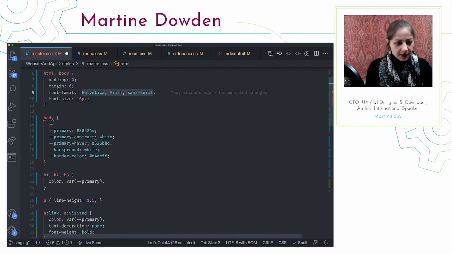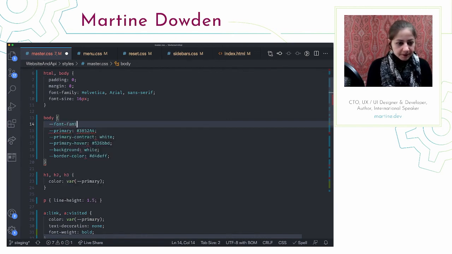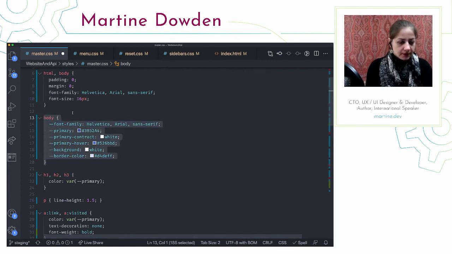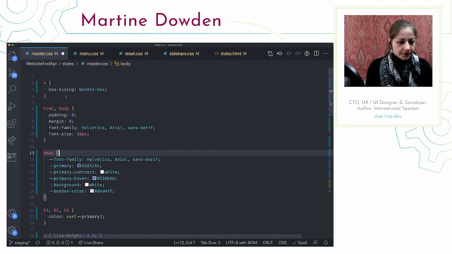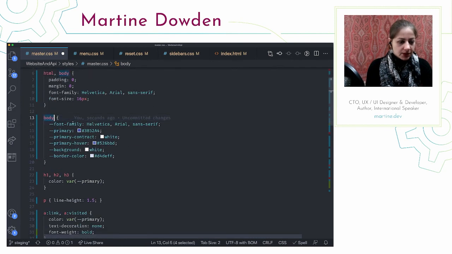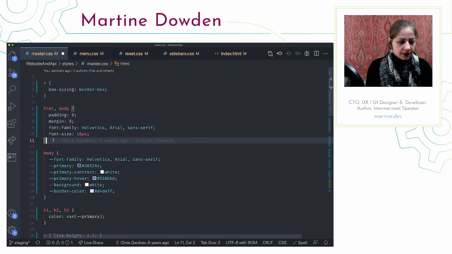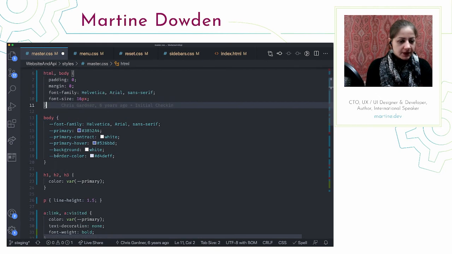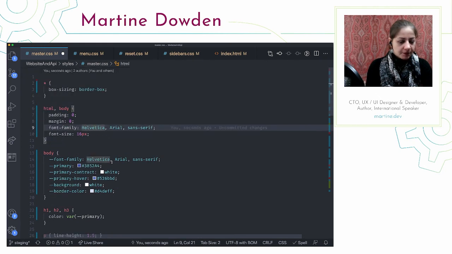So I'm going to copy that. We're going to call that our font family, and paste that. Now we're going to do these at the HTML. This body's fine, but this is getting set before, because I'm also setting it on the HTML.